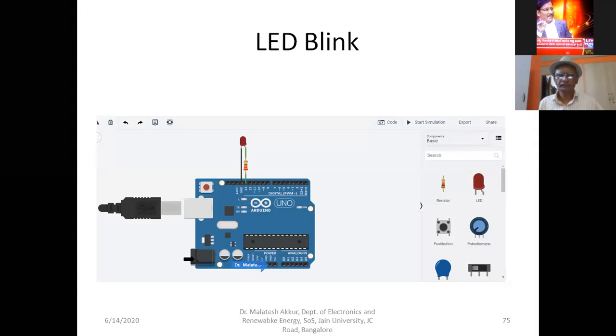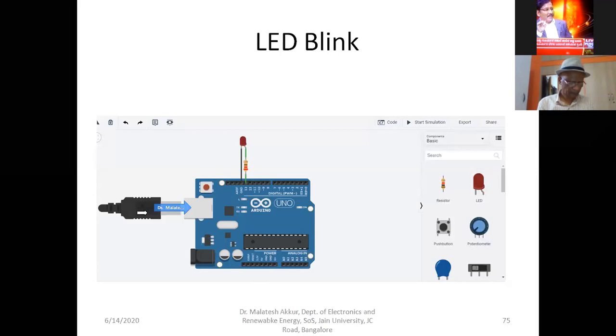And this is a DC jack to connect the DC power supply. And this is the USB connection from either the laptop or the PC. We can connect it to transfer the code from the PC or laptop to the Arduino.